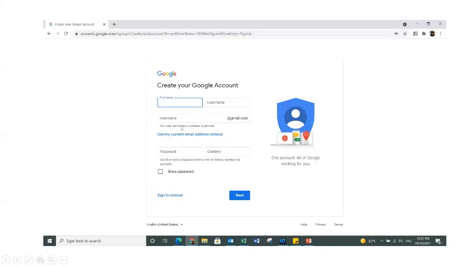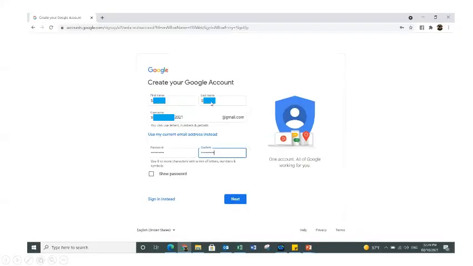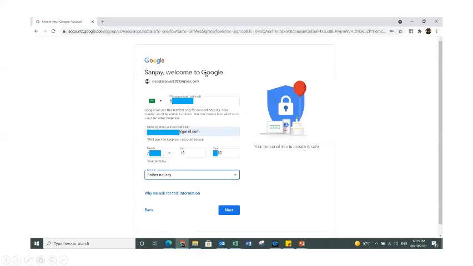Once you have entered all these five details, click on the next button. After filling up the details, your form should look somewhere like this. Here I have done some data masking to protect the privacy of this account, which is a demo account that I have created. Once you have filled in the form, it should look more or less like this, and then you can click on the next button. As soon as you click on the next button, the system will take you to another screen, which is the second part of the form, where you need to enter your phone number.